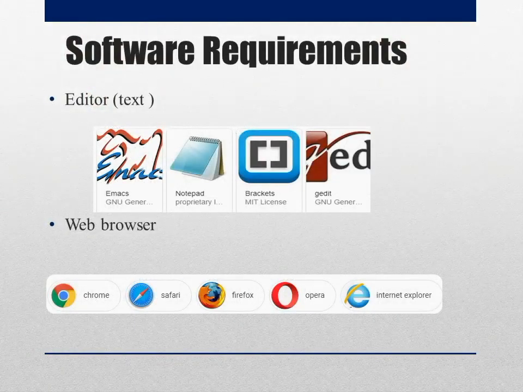Now the software requirements for implementing a web page using HTML. Actually, there is no explicit software required for implementing HTML. You only need a text editor and a web browser. A text editor is a type of computer program that edits plain text. Different types of text editors are used in different operating systems, for example, Notepad, Emacs, gedit. Web browsers are software applications for accessing information on the internet. Google Chrome, Safari, Firefox, Opera and Internet Explorer are some examples of web browsers.